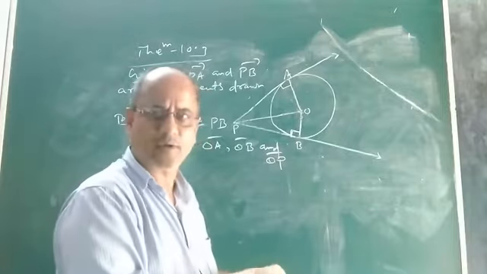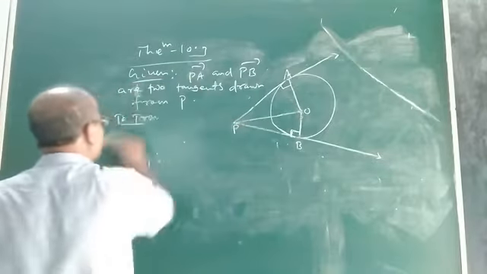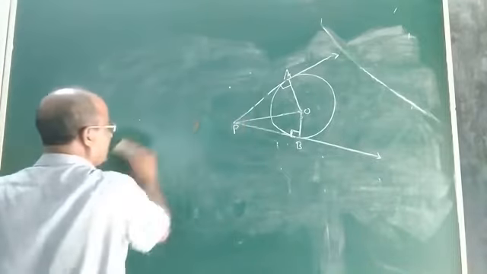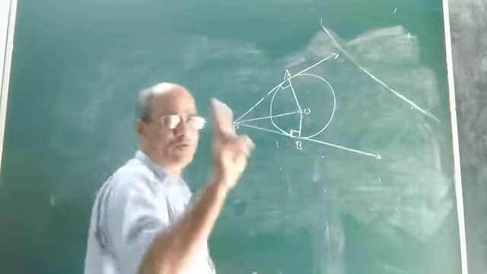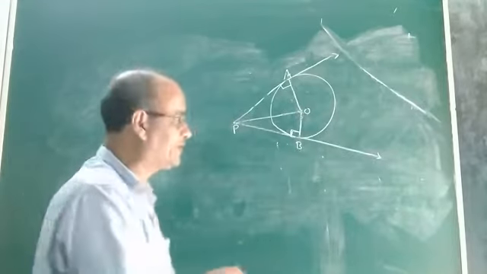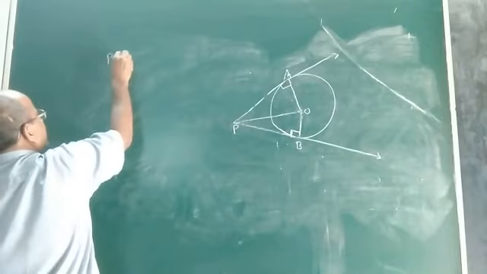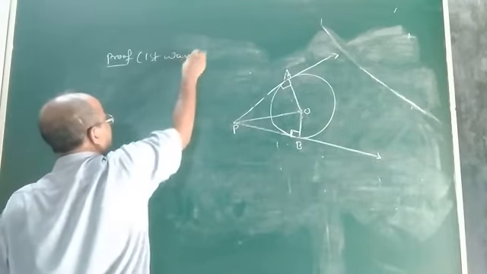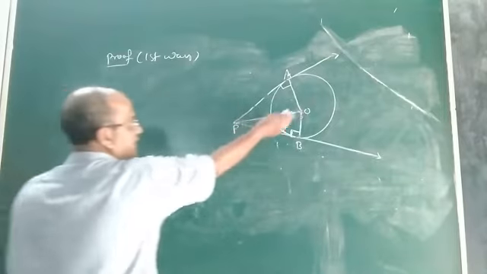There is also another way. So let me discuss the proof in both ways. Let me discuss the proof of this geometrical truth, that the lengths of two tangents drawn to a circle from an external point are equal, in two different ways. Proof. Let us see the first way. In the first way, you can take the congruence as I just told you.